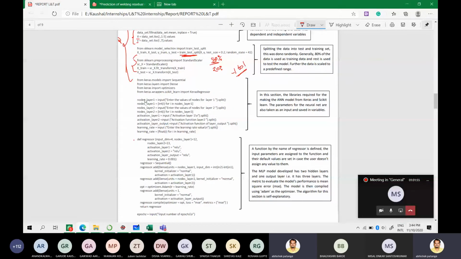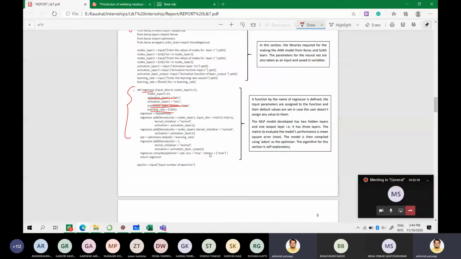The learning rate, I think I can tell you, the ball which I showed, the ball analogy, the rate at which the ball moves is called the learning rate. So it can be fast or it can be slow. A slower learning rate means a slower system, so it will take more time. A faster learning rate is like step size, exactly like step size that we use in NMC.